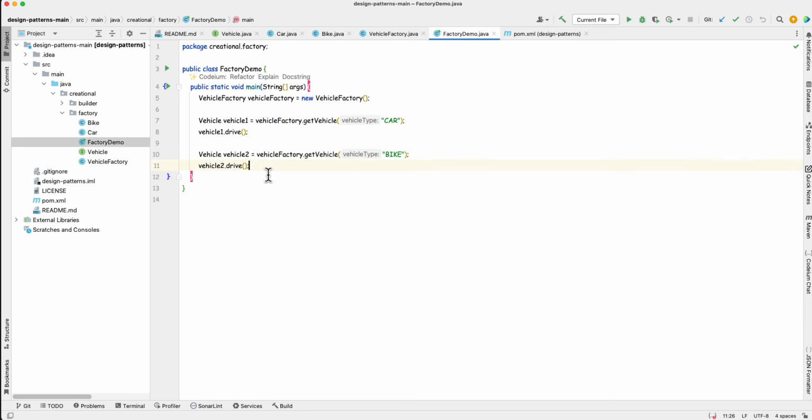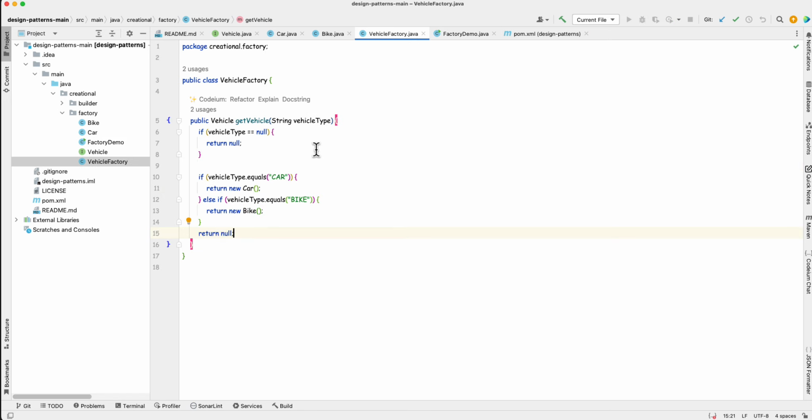Then we built the factory. We built VehicleFactory. This class contains the factory method getVehicle, which takes a string parameter to decide which type of vehicle object to create. This method returns an object of type Vehicle.